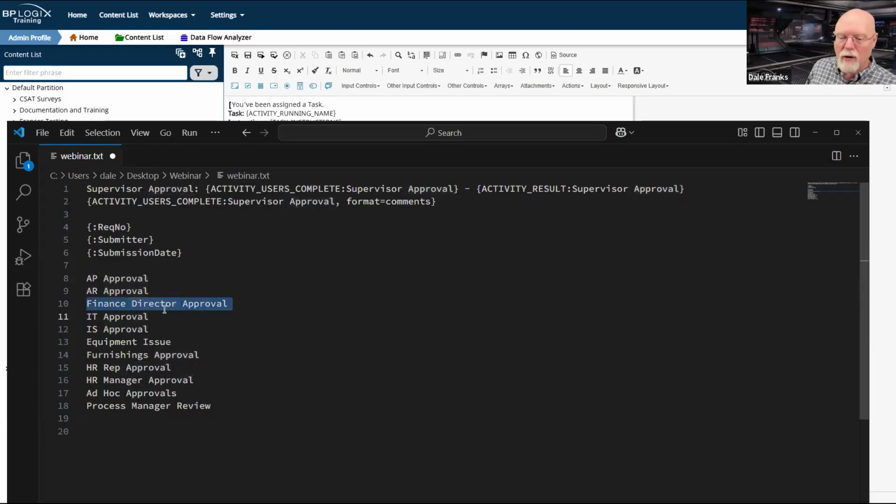Finance director is rarely going to run, and as we configured, I believe last week, finance director approval is only going to run if the total amount is more than $10, I'm sorry, $10,000. If it's not $10,000, the finance director doesn't need to approve it directly. So this activity is rarely going to run.